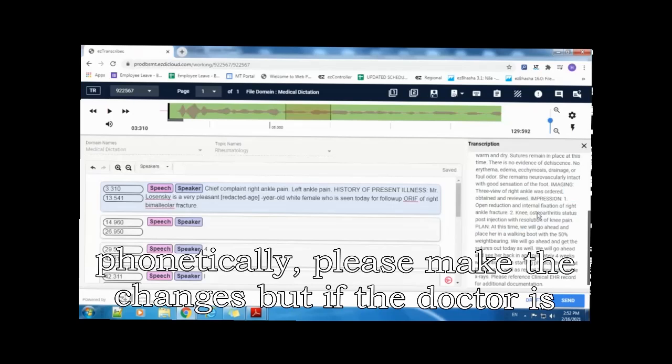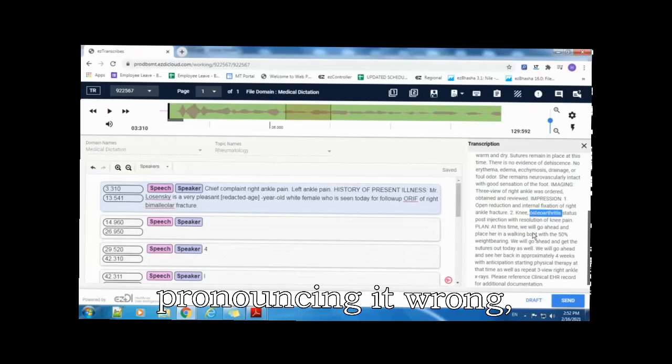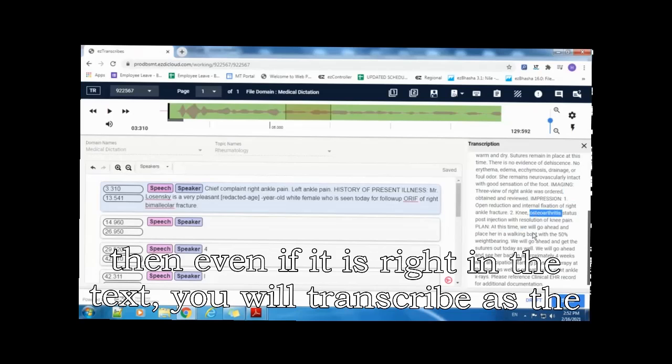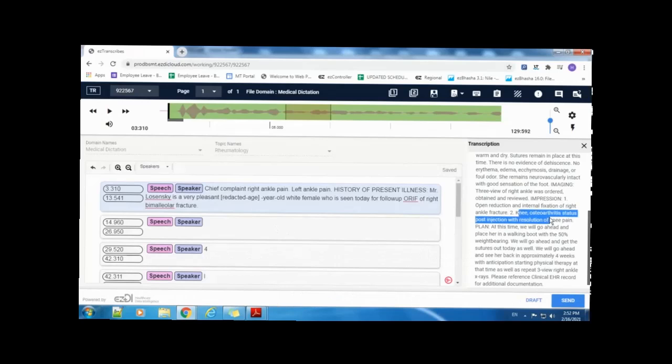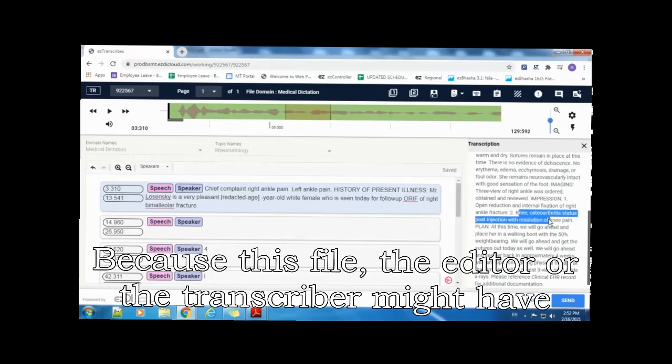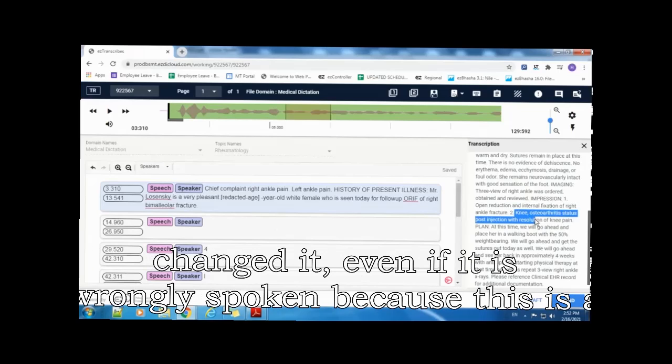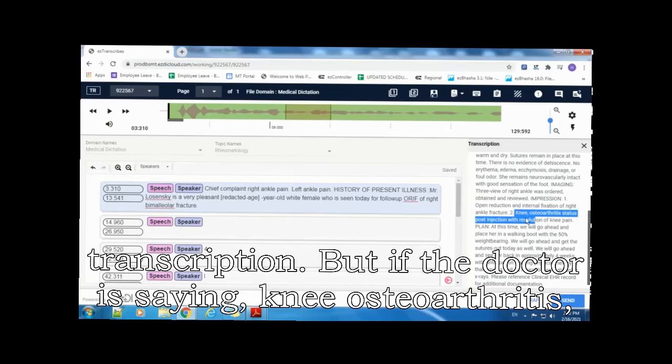But if the doctor is pronouncing it wrong, then even if it is right in the text, you will transcribe as the doctor has dictated and not as per the text. Because this file, the editor or the transcriber might have changed it even if it is wrongly spoken, because this is a transcription file.